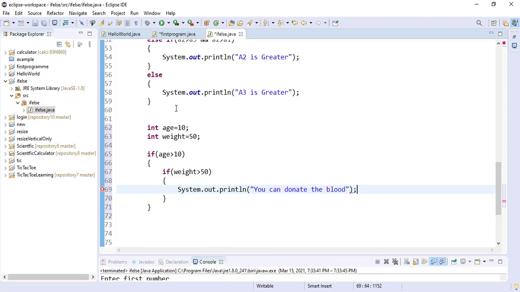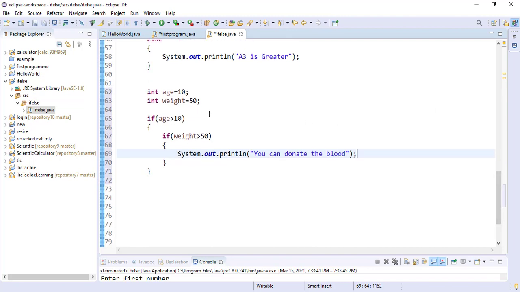So what is this case of this if else? When you want to check 2 conditions simultaneously but one after another. Let us suppose if my age is greater than 10, then I have to check again the condition whether my weight is greater than 50 or not. If it is greater, then every condition is fine, then I have to simply run that code. But if my age is fine but my weight is not fine, then I can show an error message, you are underweight, or anything.